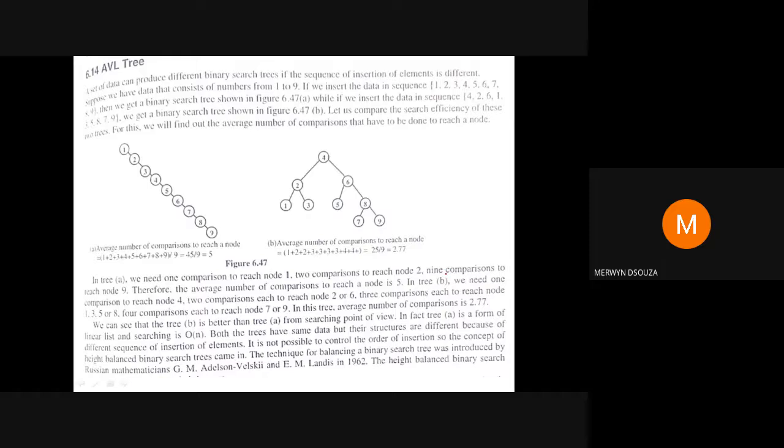To do insertions into an AVL tree, we need to do something known as balancing. What is balancing? I will explain in detail tomorrow. But to do balancing, we need four kinds of rotations. Those are the four kinds of rotations that I need you to copy onto your notebooks.